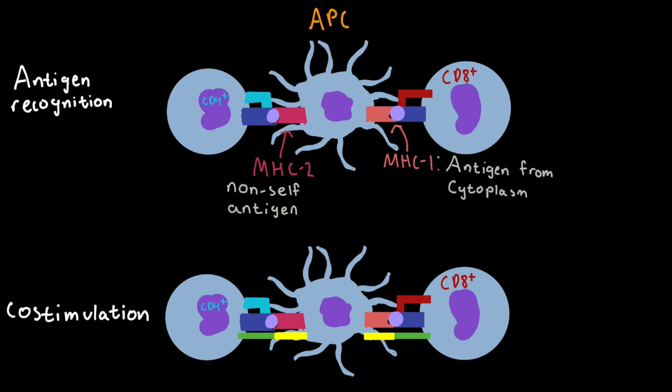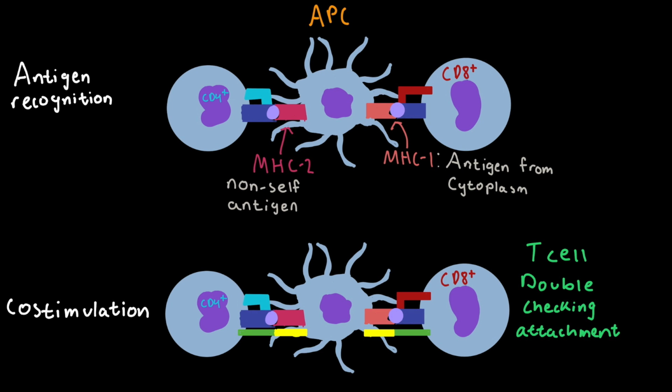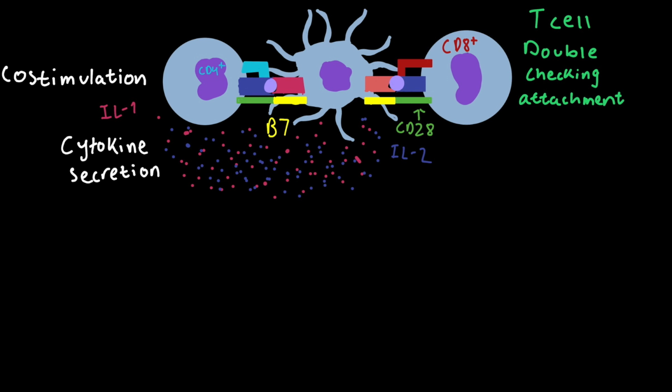The second step includes co-stimulation, in which the helper T cells or cytotoxic cells will express the CD28 receptor, which will bind to the protein B7 of the antigen-presenting cell. This process is important in verifying the attachment of a specific antigen and preventing the T cells from attacking the tissues of the body. The third step includes the secretion of cytokines such as interleukin 1 and 2, which are